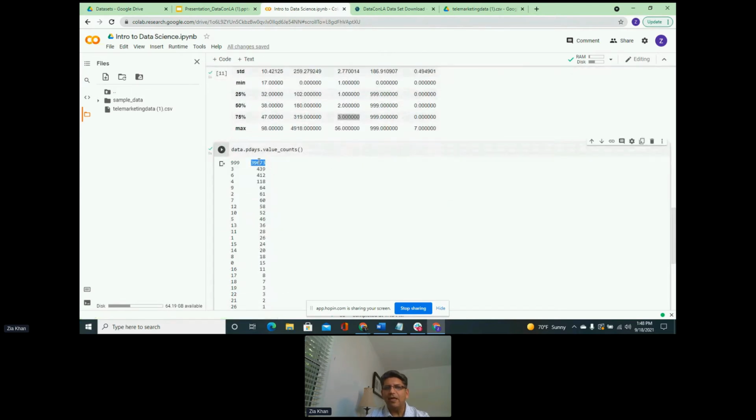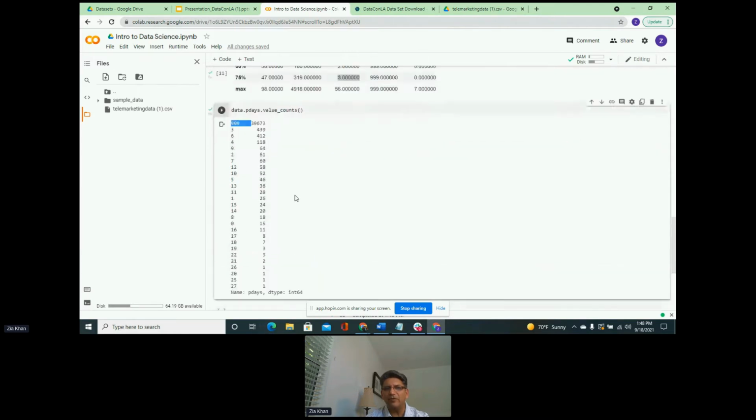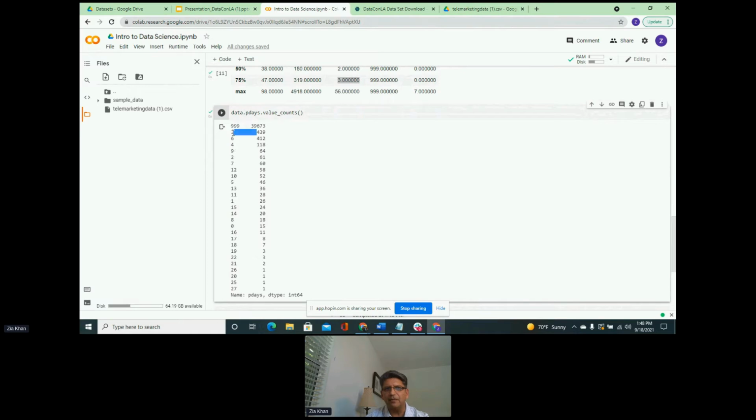So 39,000 people have not been approached in the last 3 years, but there are people who have been recently approached, maybe 3 months back, or 2 months back, or maybe even last month, these 26 people. So it gives us information about how many days earlier they were last approached. You can get some good insights into your data using these methods that are built into Python.